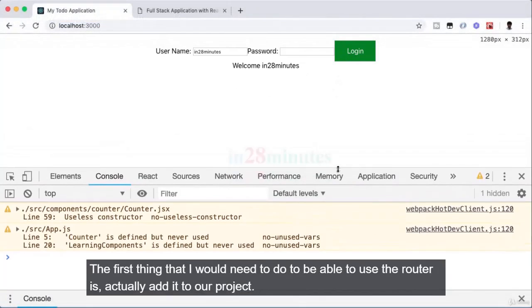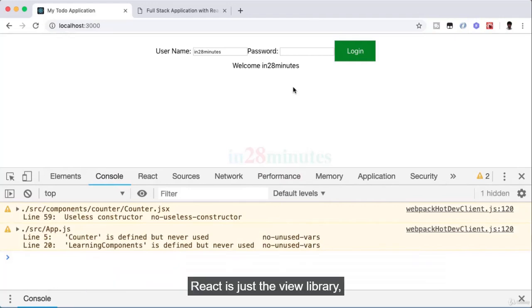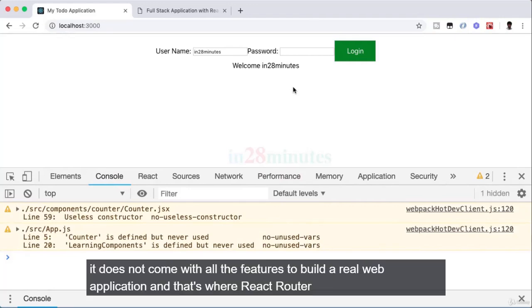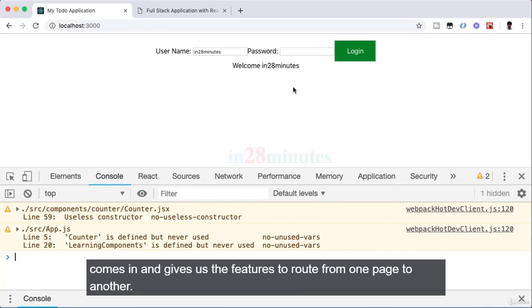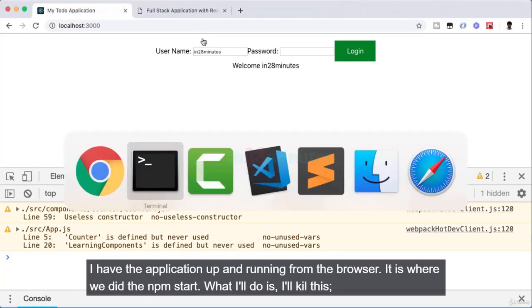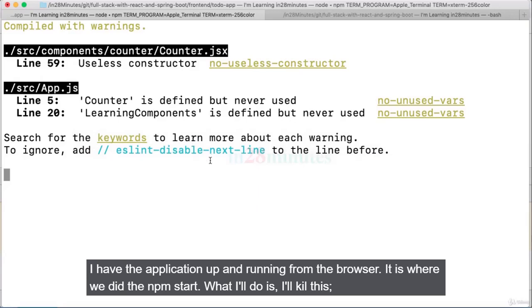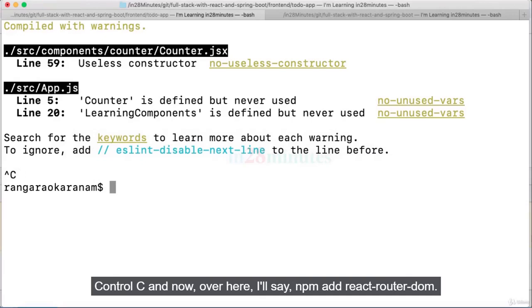The first thing that I would need to do to be able to use the router is actually add it to our project. React is just the view library. It does not come with all the features to build a real web application, and that's where React Router comes in and gives us the features to route from one page to another. I have the application up and running from the browser. This is where we did the npm start. What I'll do is I'll kill this, Control-C, and now over here I'll say npm add